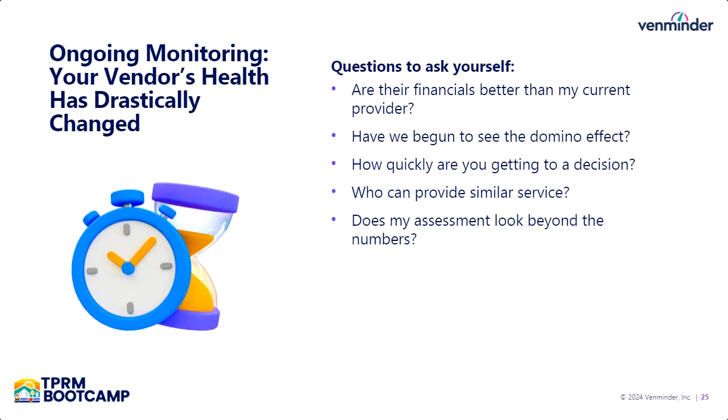Beyond that, performing ongoing monitoring is also important. A regular cadence of annual reviews is good, but between those annual reviews, you can also put vendors on ongoing monitoring to see how changes in their profile may necessitate additional oversight or additional due diligence. So these are some questions to ask yourself when you're doing monitoring to ultimately determine whether or not you need to do further due diligence and mitigate the risks that have been identified within your financial health reviews.